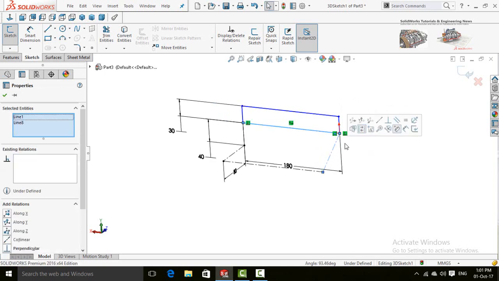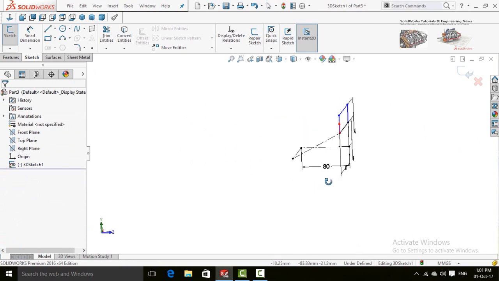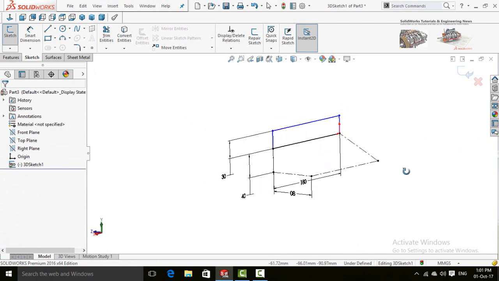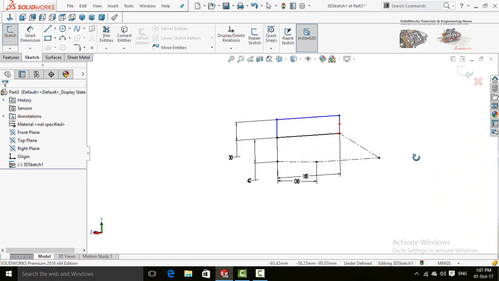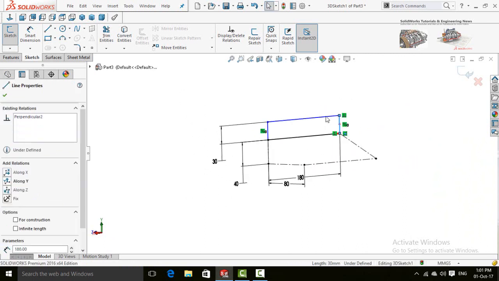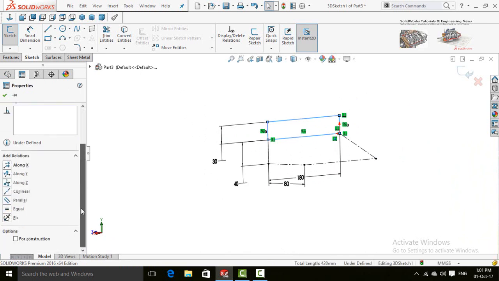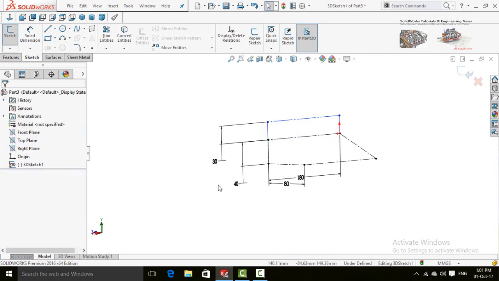Now select both of these lines and make them perpendicular. So this is okay now. Select all these 4 lines, scroll down and check this box for construction. Press OK button.